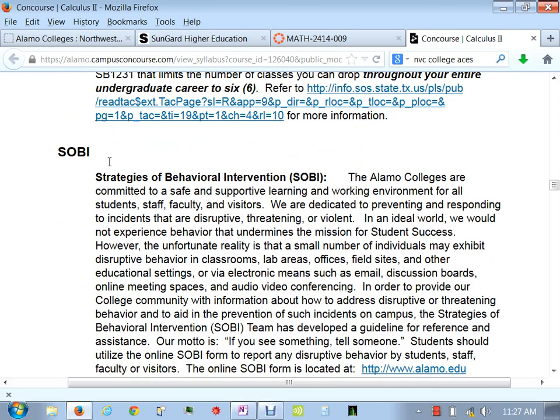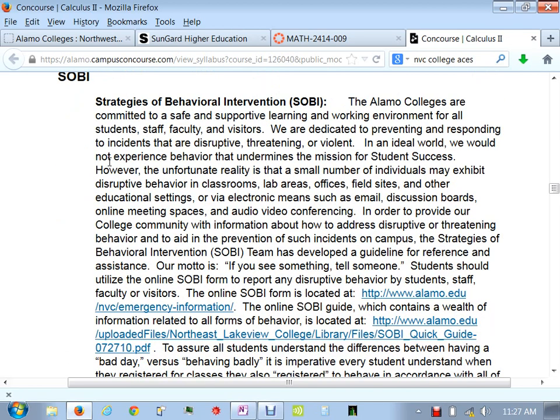SOBI, strategies for behavioral intervention. Basically, look, if you see someone in class or in the hallway or around campus that just looks like they're off, like they're about to go off and start a shooting rampage or something like that, someone who seems a little bit weird to you, just report it, talk to someone about it. And if there is an active shooter in the building, down the hallway,